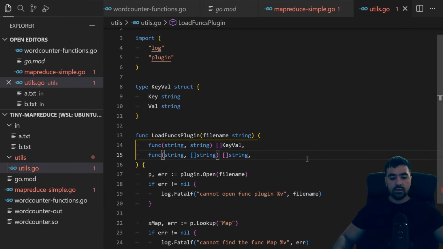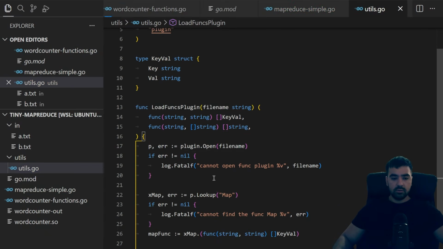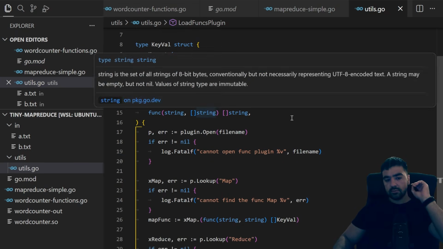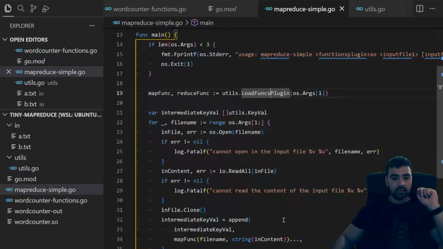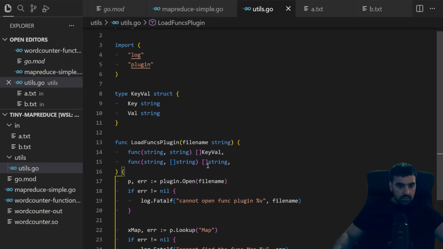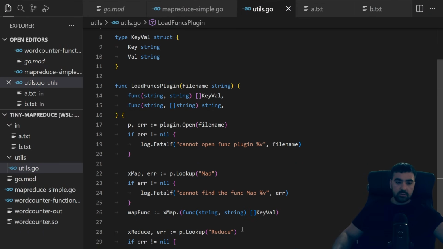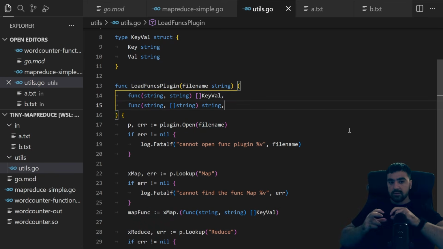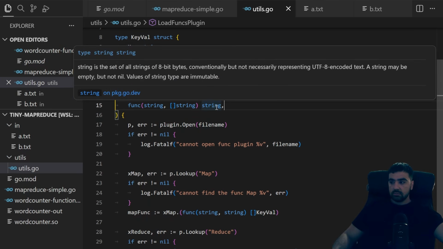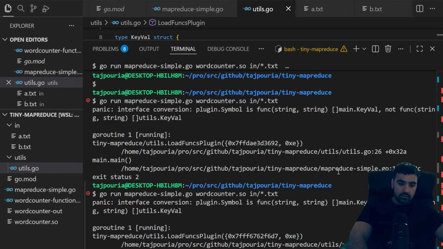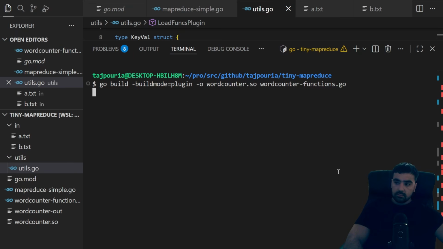This could be a list of strings basically. So we only need to provide it with the values that we group. I mistakenly put the key value array slice here, a small error. Reduce is supposed to return a string. Remember, reduce gets a group of values, or a list of values, and reduces them down to one value, which is a stringified number. So if we now try to build our program, build the shared object, the functions again,